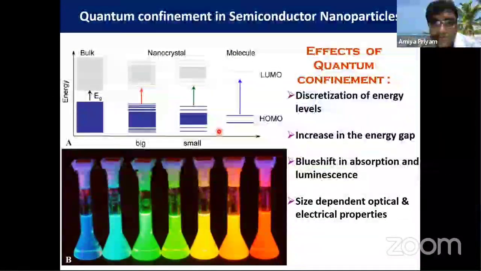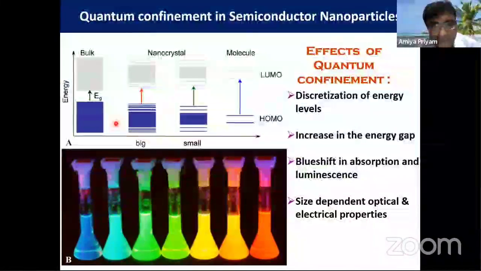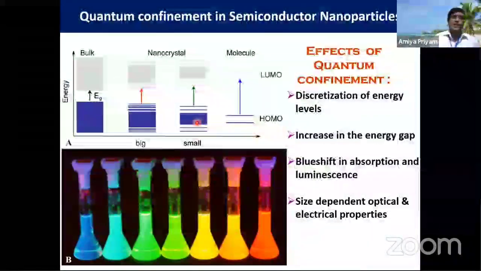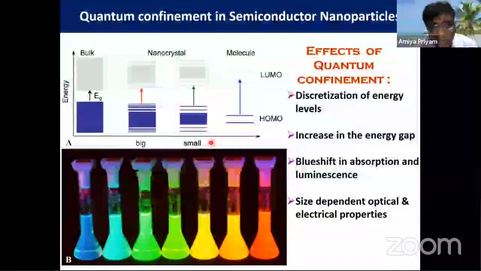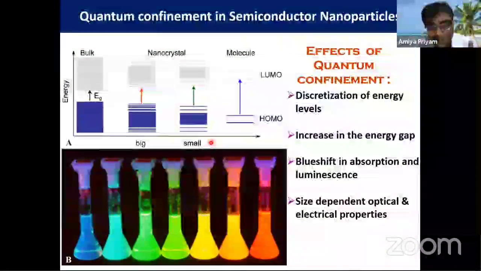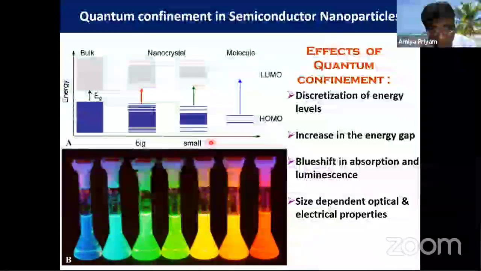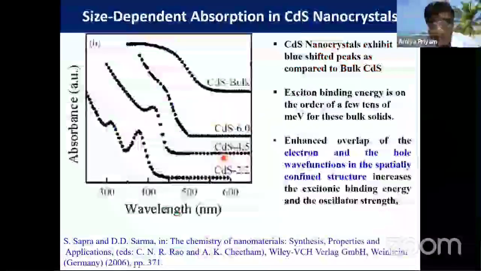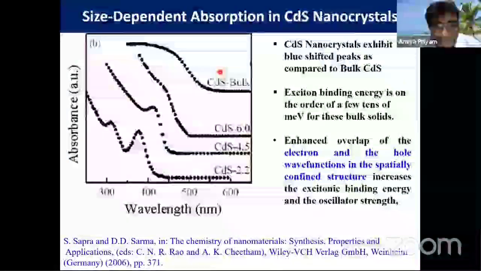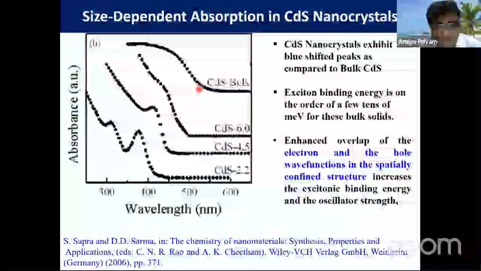That's why it is interesting, because something which was not fluorescent earlier turns into a fluorescent material. In quantum dots, the electron-hole recombination is enhanced, radiative recombination is enhanced, and it is reported in literature that a luminescence quantum efficiency of 70 to 85% has been achieved. So these are the effects of quantum confinement, and what we see here is the absorption spectrum of cadmium